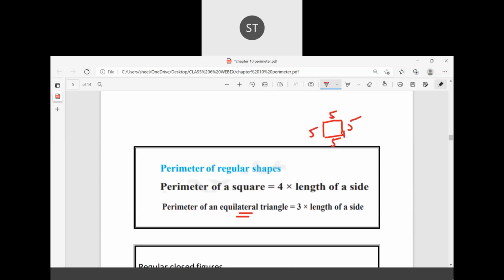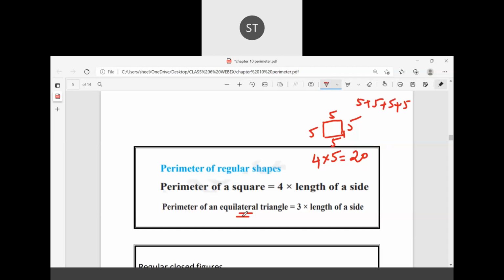If it is 3 means all the 4 sides are 3 only. Now what is the sum of this one? 4 into length. So 4 into 5, it is equal to 20. Otherwise, what will happen? 5 should be added 4 times. So 5 plus 5 plus 5 plus 5, it is equal to 20 only. So 4 into 5, 20, and similarly here square.